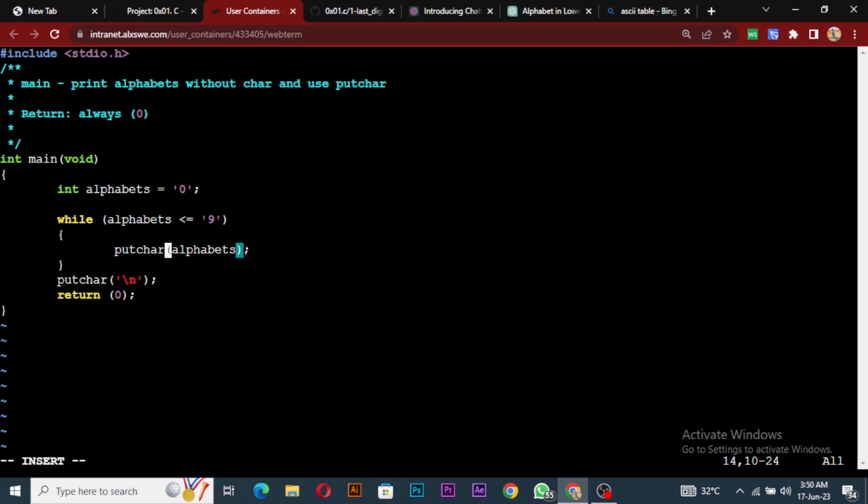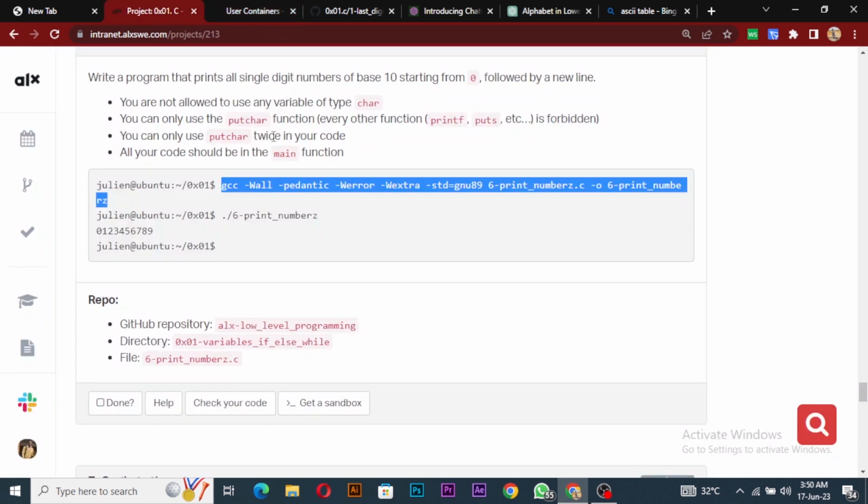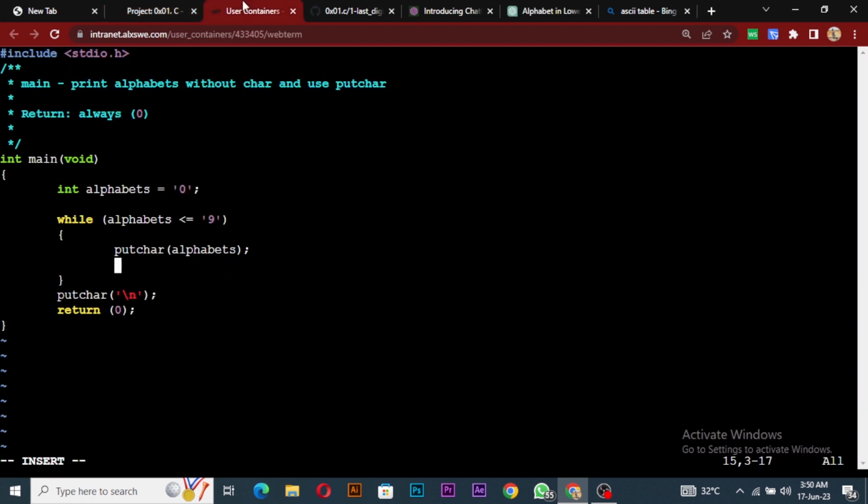Did they say how many times we should use putchar? We can only use putchar twice in a code. Yeah, we don't use putchar now, we only use it twice. Then how